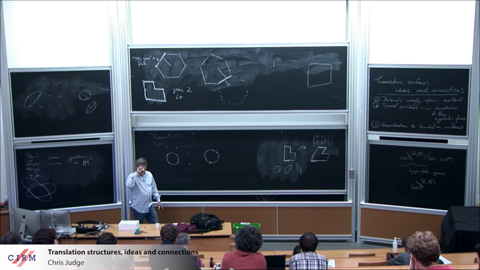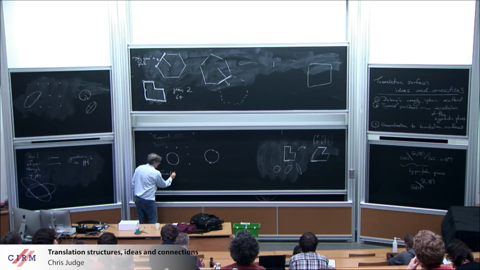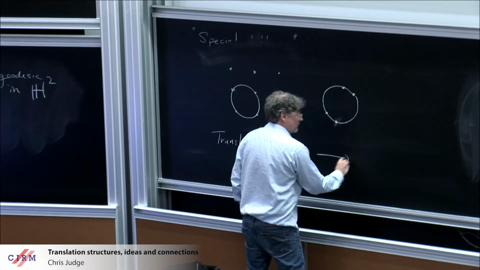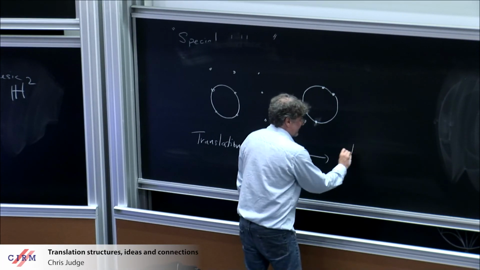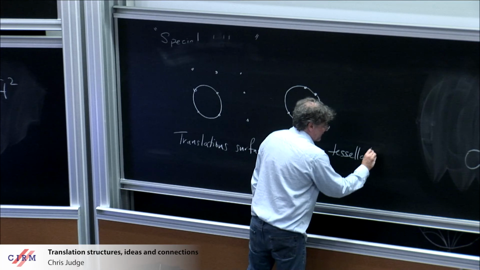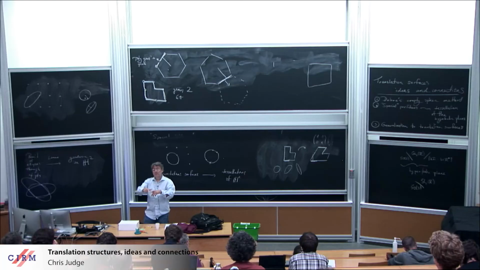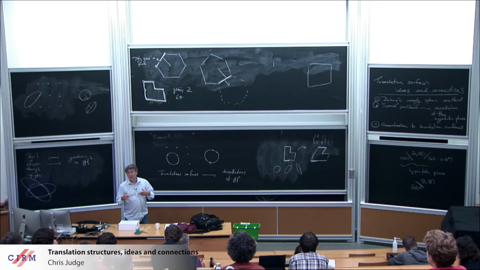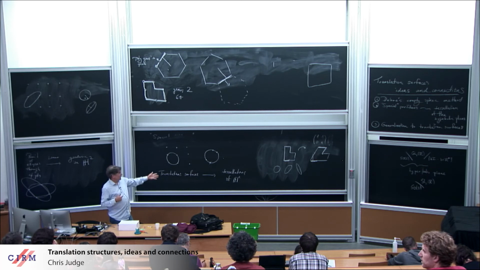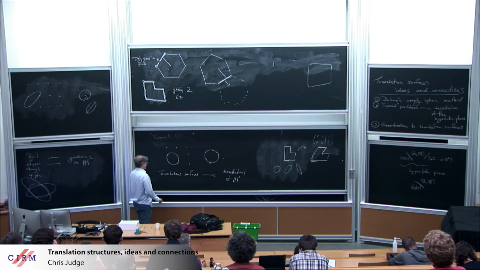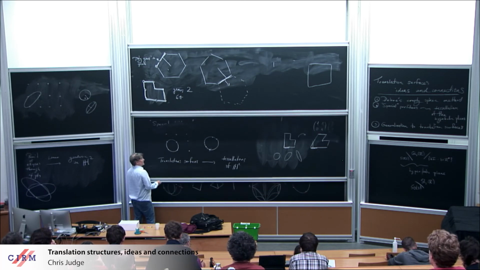So Veech recognized this was true, and he proved that you have a nice map from translation surfaces to tessellations. And these are tessellations by finite area polygons in the hyperbolic plane. They have finite area, they're usually compact, but sometimes they have cusps, etc. And so Veech recognized this, and in fact he proved